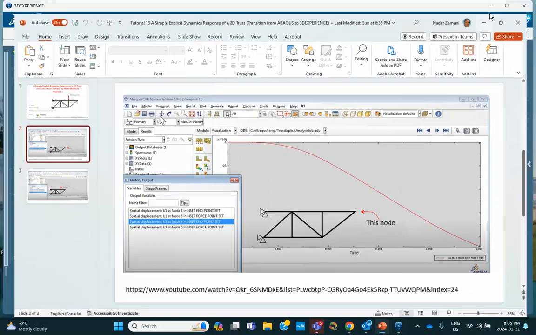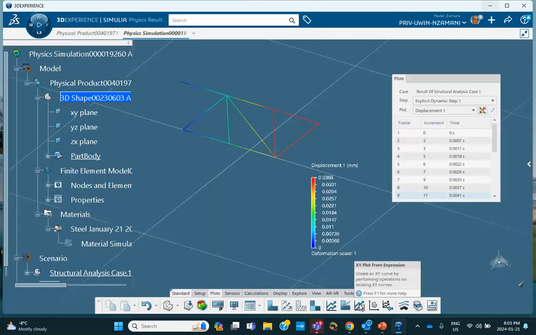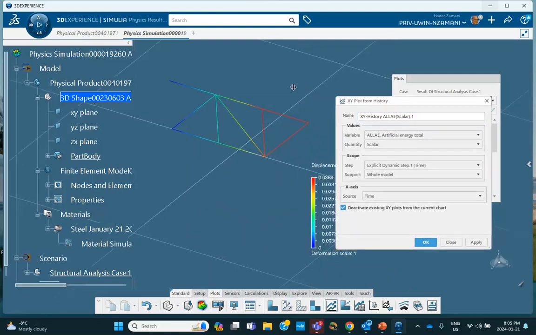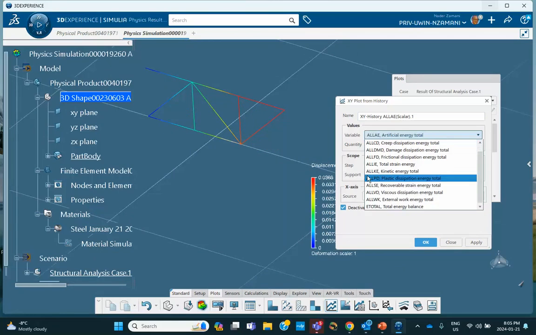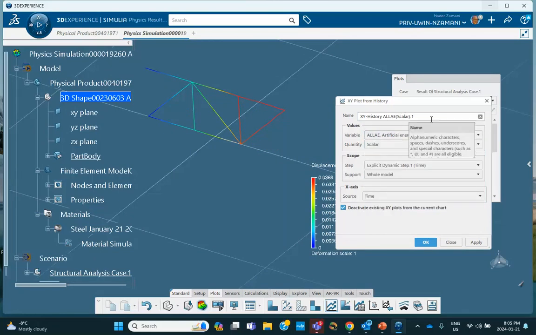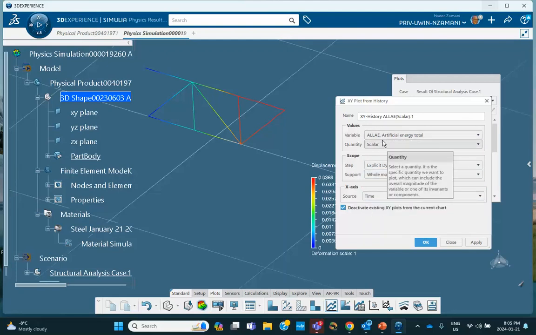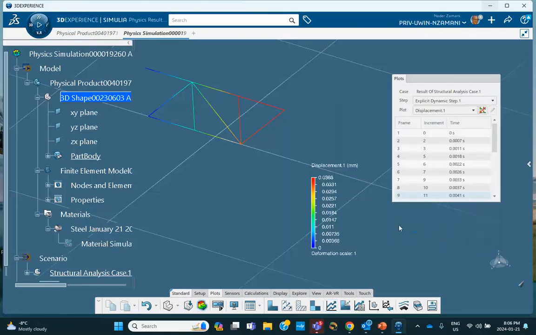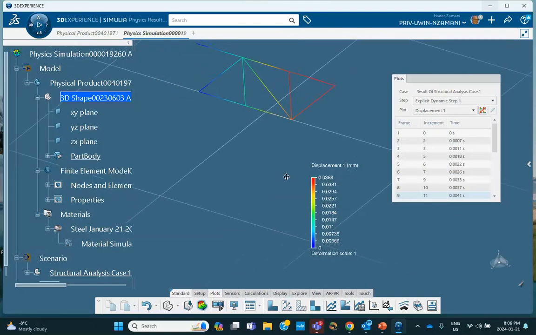Okay. So to do that, what I'm going to do is I'll go right here, XY plot from history. You click on it. Okay. And I want the displacement. Model. I would have expected that the displacements to be actually stored here, but I don't see it. So what I'm going to do is now close this. Okay. So I will go back and